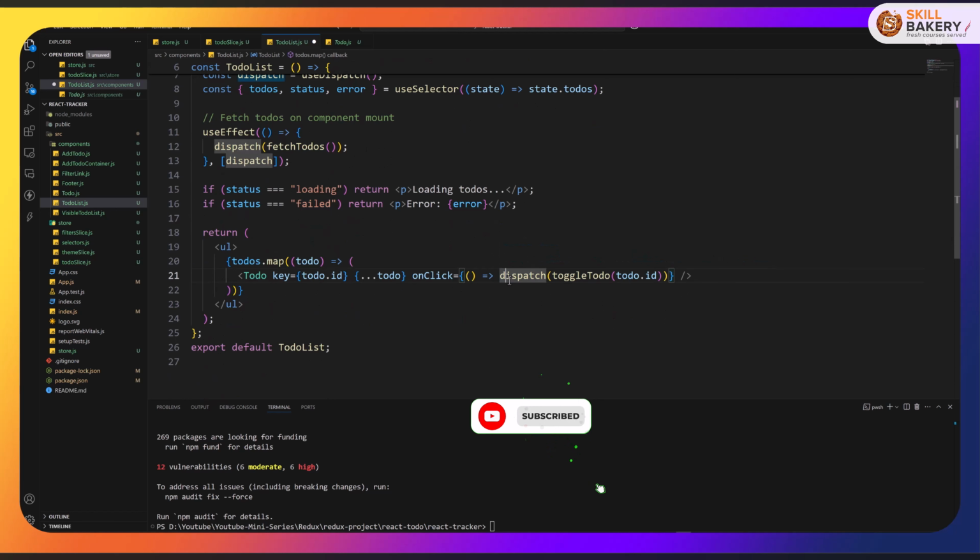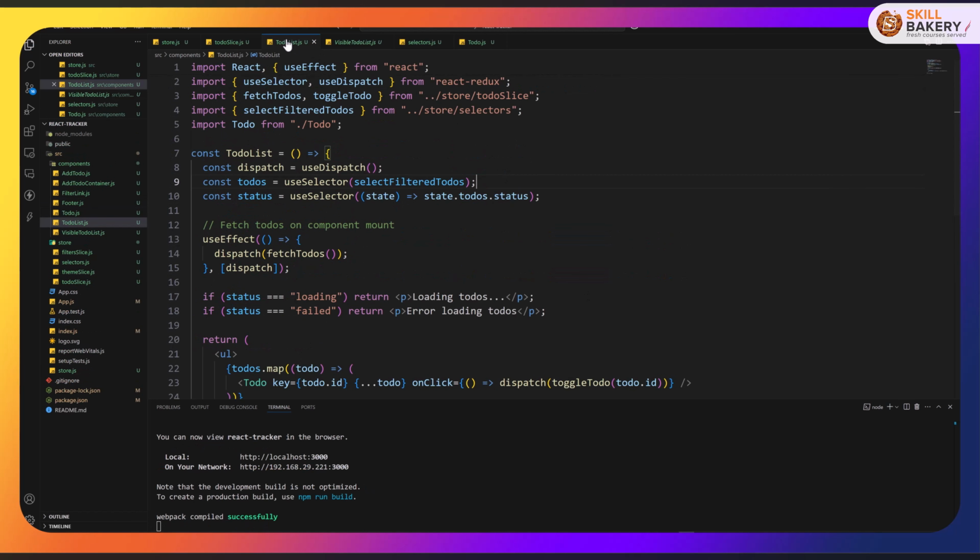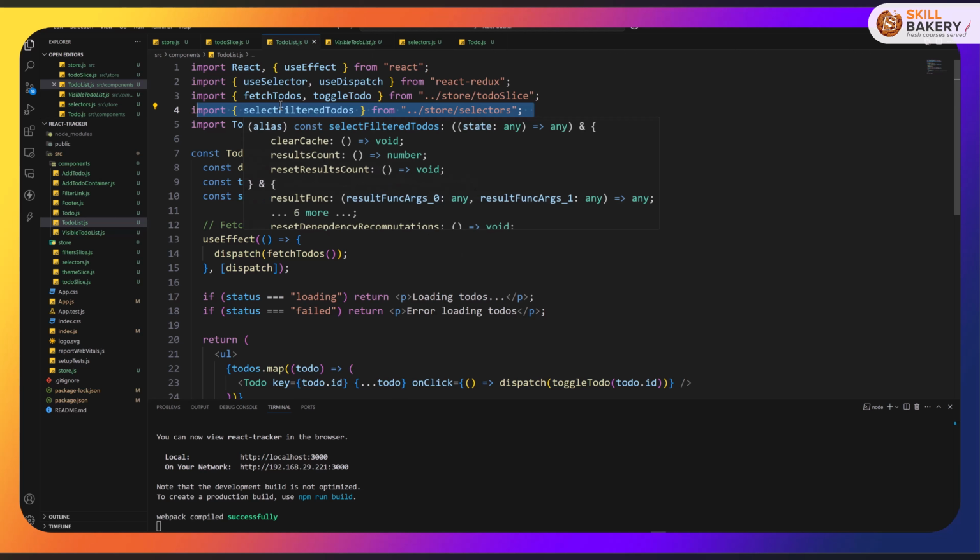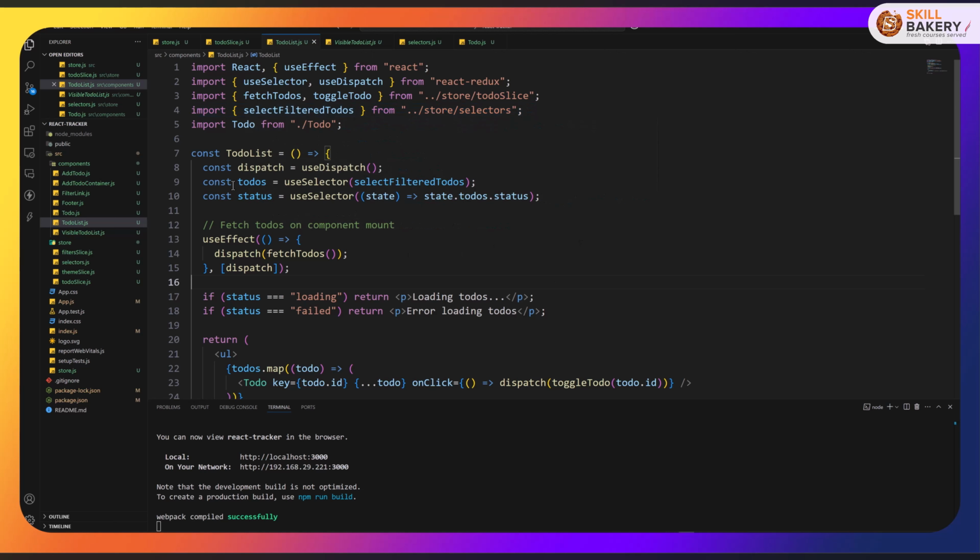Finally, over here, we are also using dispatch to execute toggle to-do, to toggle completion. In our to-do list.js file, we have to incorporate the select filter to-dos. Now that we have imported it, you'll notice that we have also changed these two statements. Earlier, the to-dos, status and error were extracted out, but now we are using to-dos using useSelector selectFilterTodos